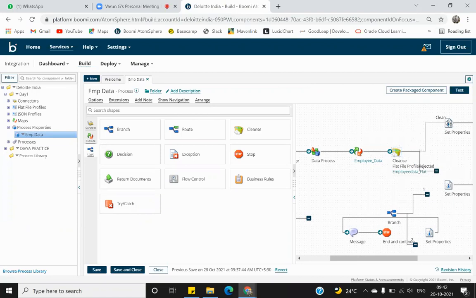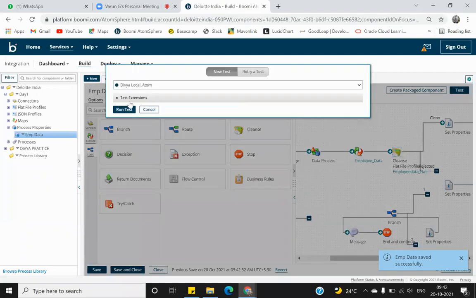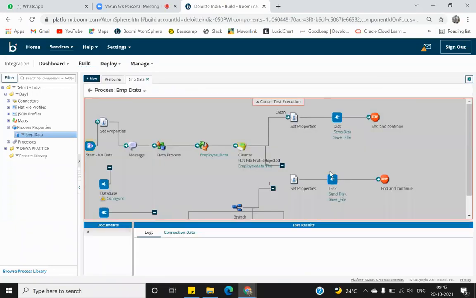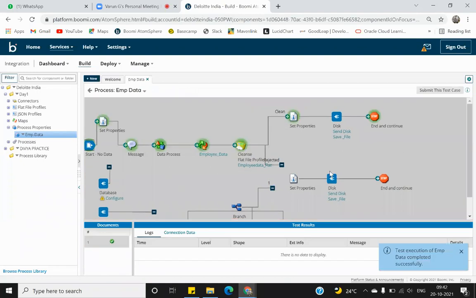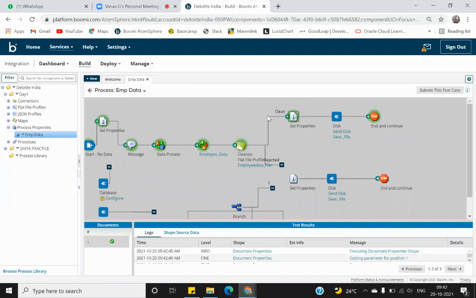So suppose I connect clean here. Now test it. See, it found that I have a column 1 value, the document is clean, and it will process it like that.